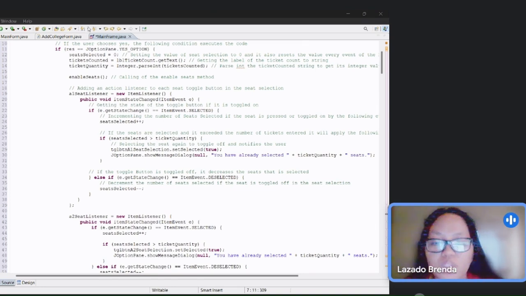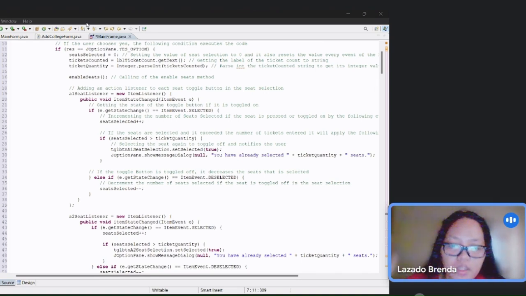Action listener for button return to ticket. When clicked, this button resets the seat selection and disables seat buttons by calling the methods remove item listeners, reset selection, and disable seats. It also enables the button confirm ticket while disabling itself. The layout configuration, the position and the size of button confirm ticket and return to ticket are set using the setBounds method. The buttons are then added to the content pane.